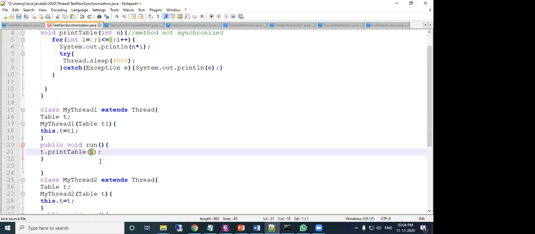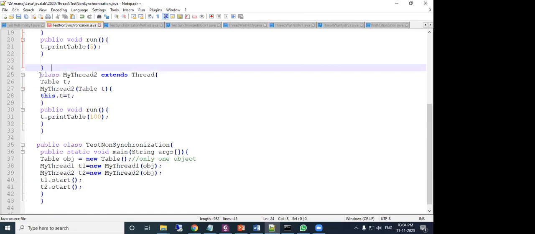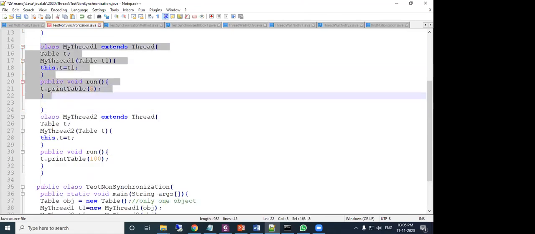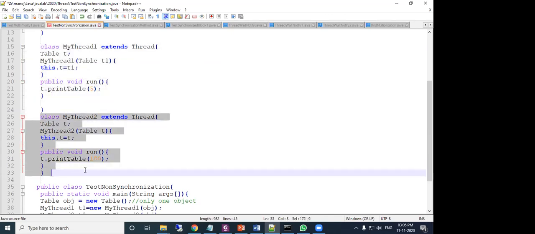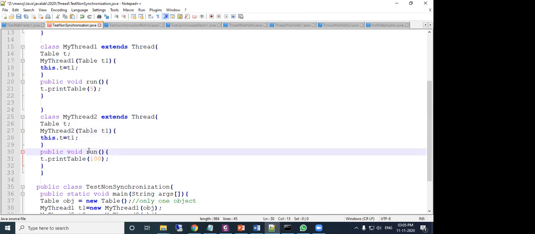Okay, it should run this. Then another class, a thread class which is extending from Thread, that is my thread 2. Same thing, all the code is the same here. There is no difference, only the difference is here I have written 100, here it is written 5. For your convenience, here I am using T1, so that you will not be